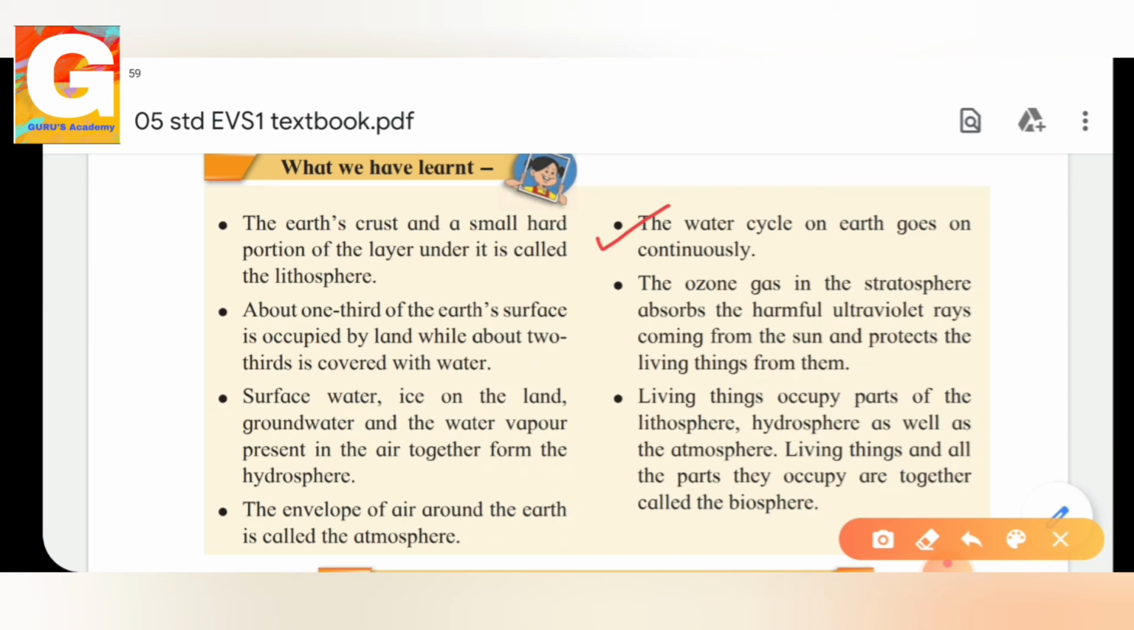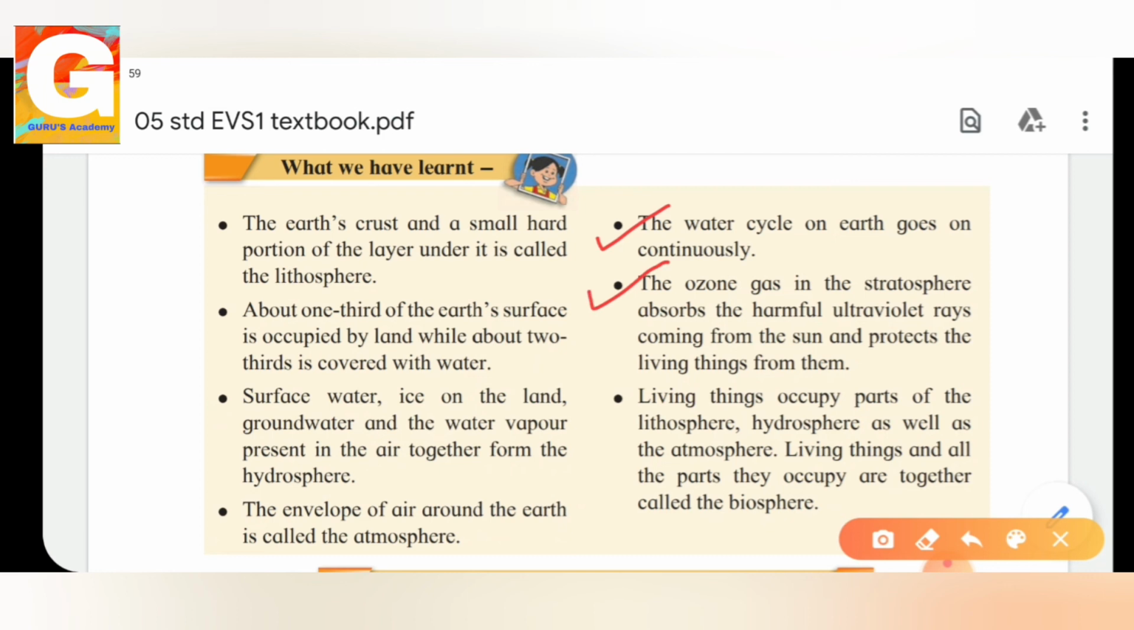The water cycle on the earth goes on continuously. Yes, we have seen what the water cycle is also. What is the water cycle? Evaporation and condensation, which is a process going on continuously. That is the water cycle. Good. The ozone gas in the stratosphere